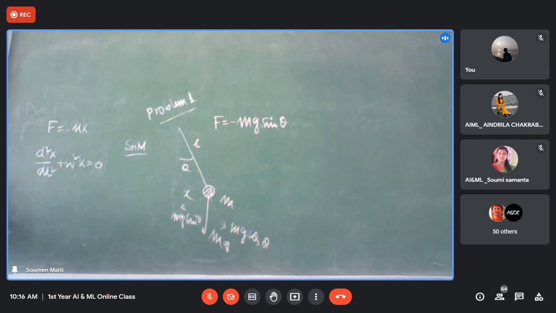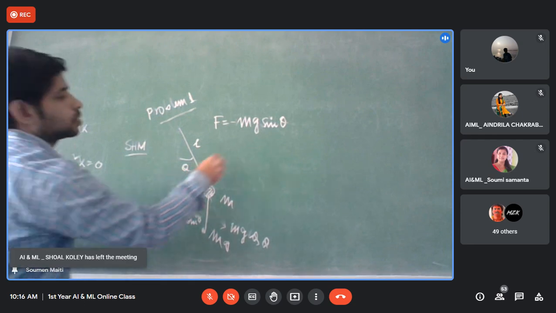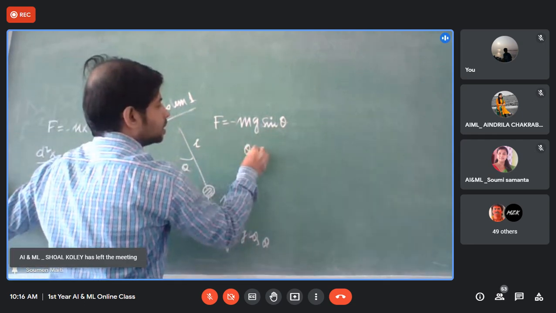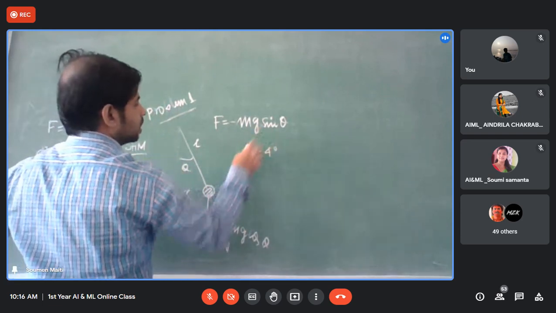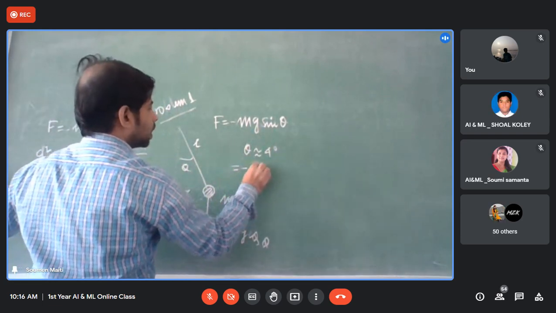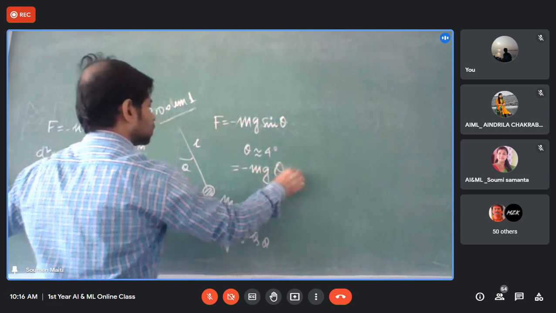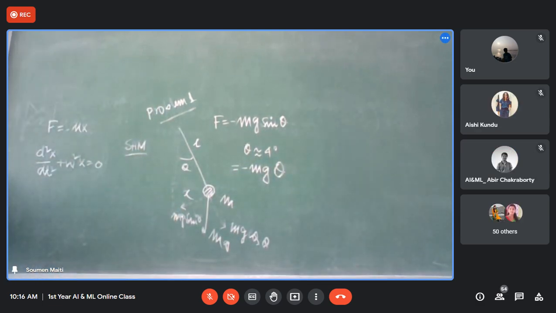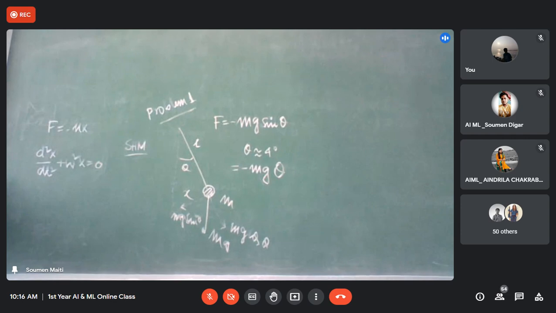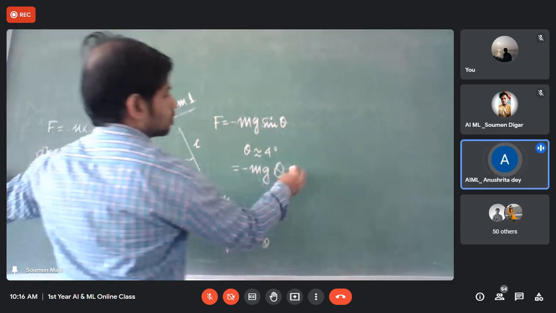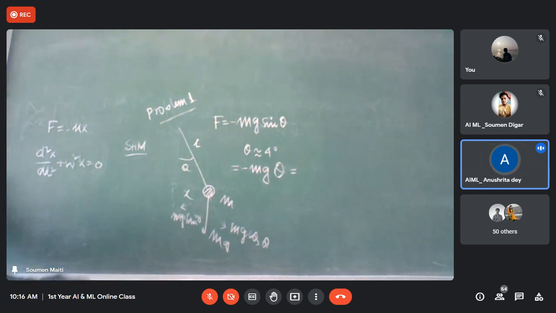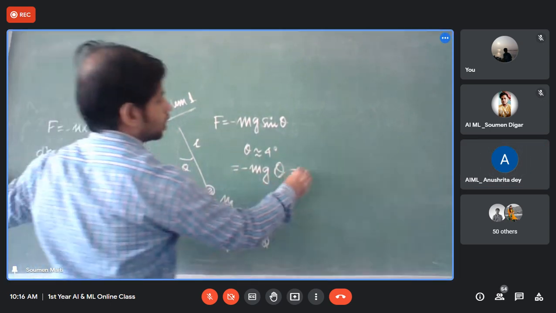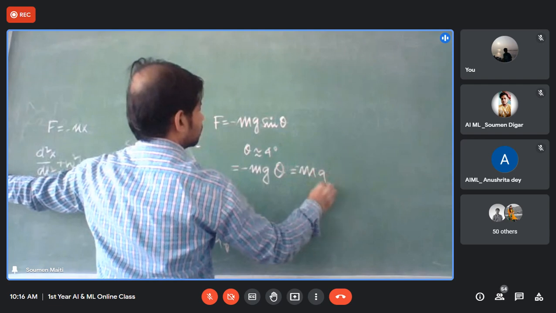Now, as I said in the very beginning, for this kind of pendulum the motion is not too violent. As theta is of the order of 4 degrees, say, or less than that, can I take sine theta equal to theta? Yes or no? Yes, sir. Okay. Sir, instead of sine theta, we can put x by l. That's why I have put minus. This theta is nothing but x by l.